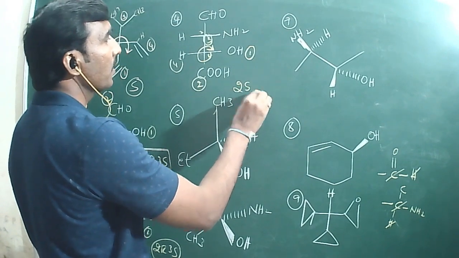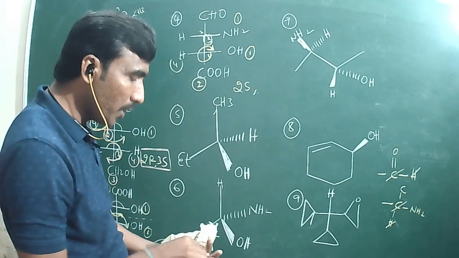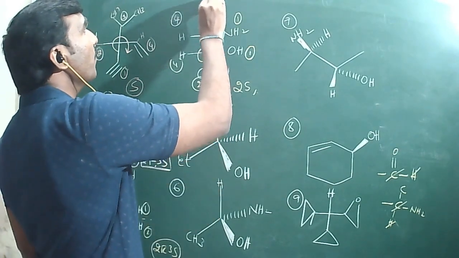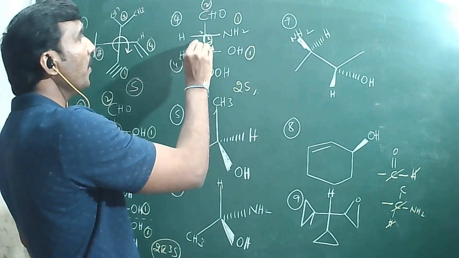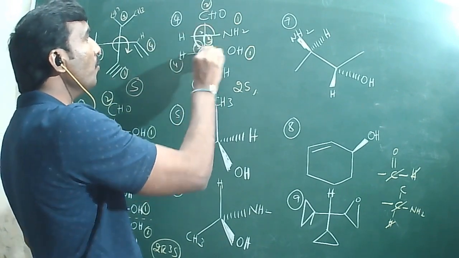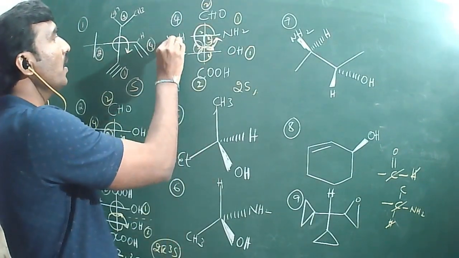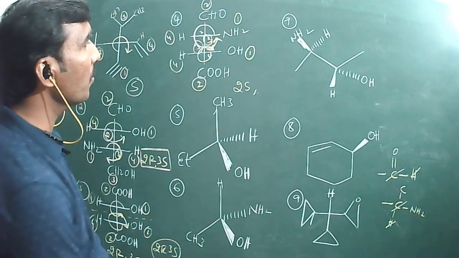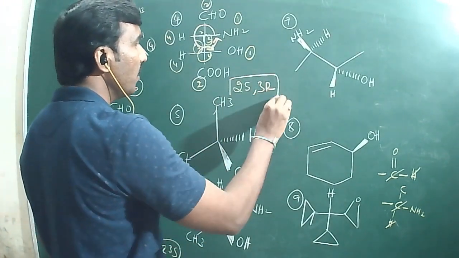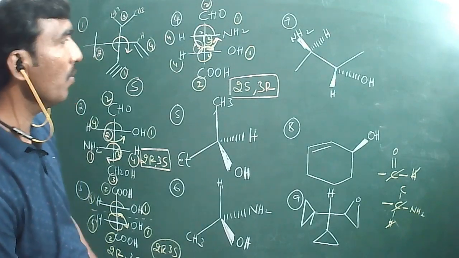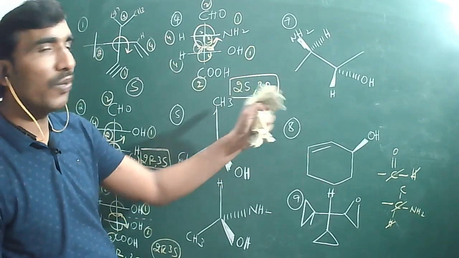Yes, right. And here first priority should be given to nitrogen, second priority should be given to C double bond O, yes, this one, and third priority the entire group. 1 to 2, 2 to 3 anti-clockwise, but the least priority group is on horizontal line. So what should I give? 2S 3R. Options, what can they give? 2R 3S, 2R 3R, 2S 3S, 2S 3R.